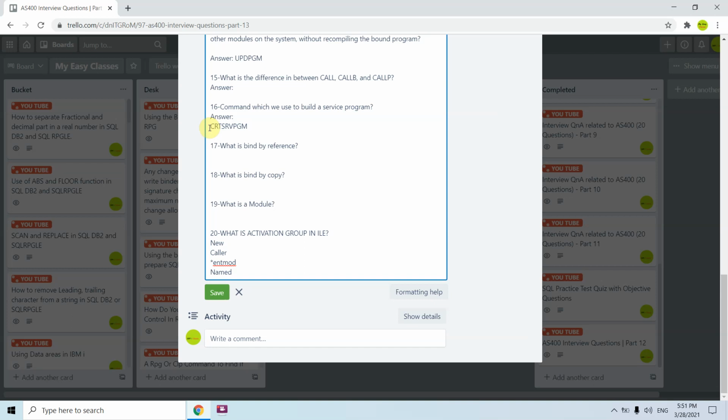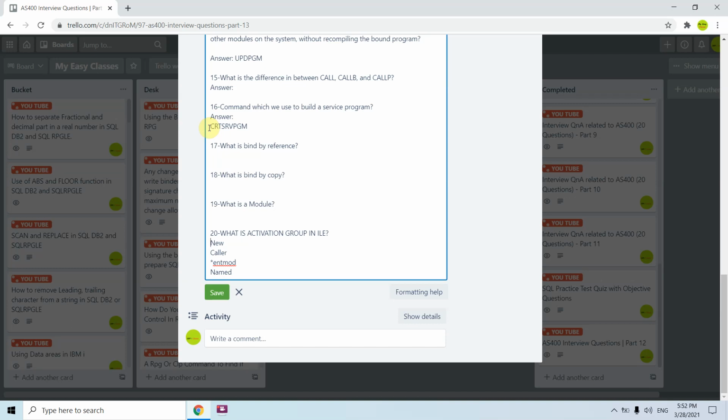Named is something where, for example, I would be giving a named activation group. In place of new, which is created at the time of calling, the named activation group gets created at the time of calling. With named as well, we can specify the caller in the several called programs. But at the end, we need to keep track of the named activation group when we need to delete it.